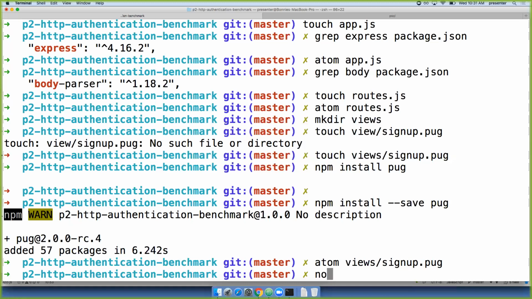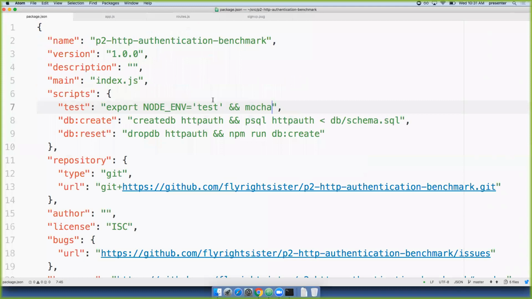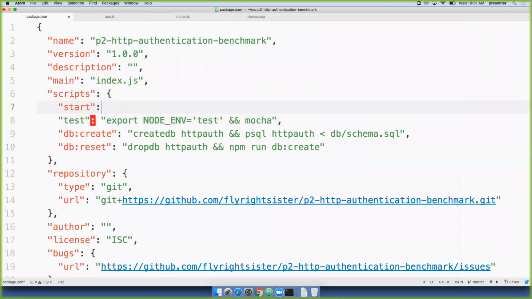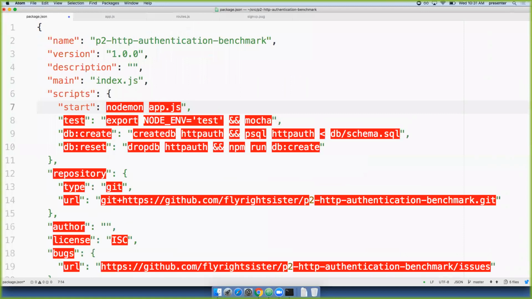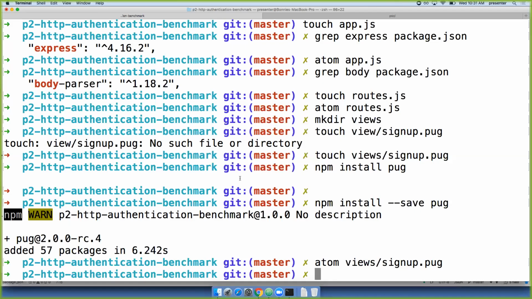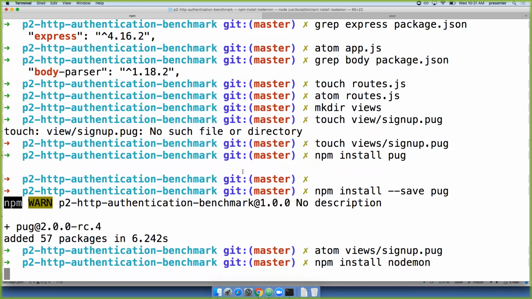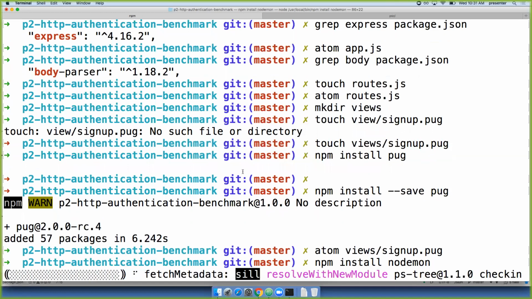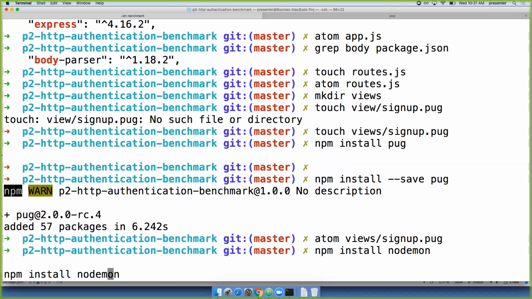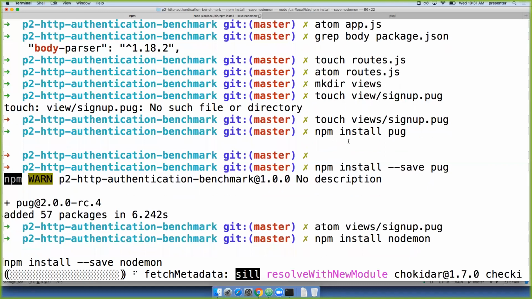So now our npm start should be, okay, and then we need to npm install nodemon. Okay, and then